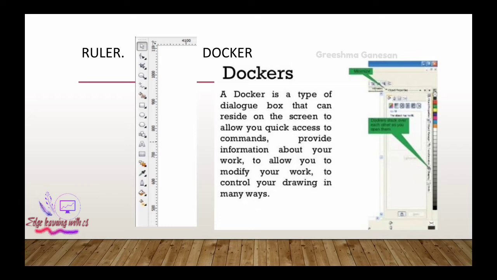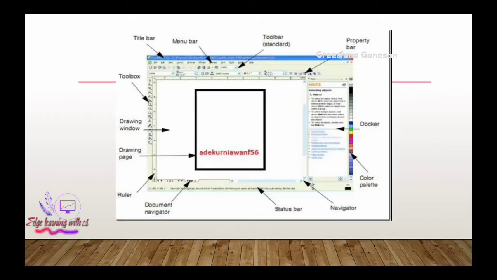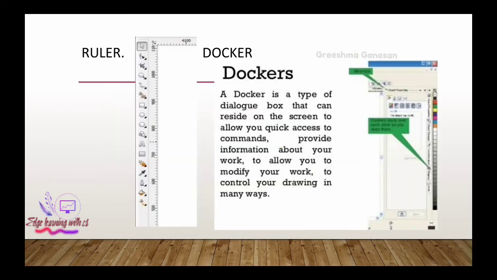Whenever you are going to do something, it will give you a comment, and if you are stuck somewhere, it will comment like this option is used for this. All those helpful aids or links will be available in your Docker part. So these are all about our first view of this area.